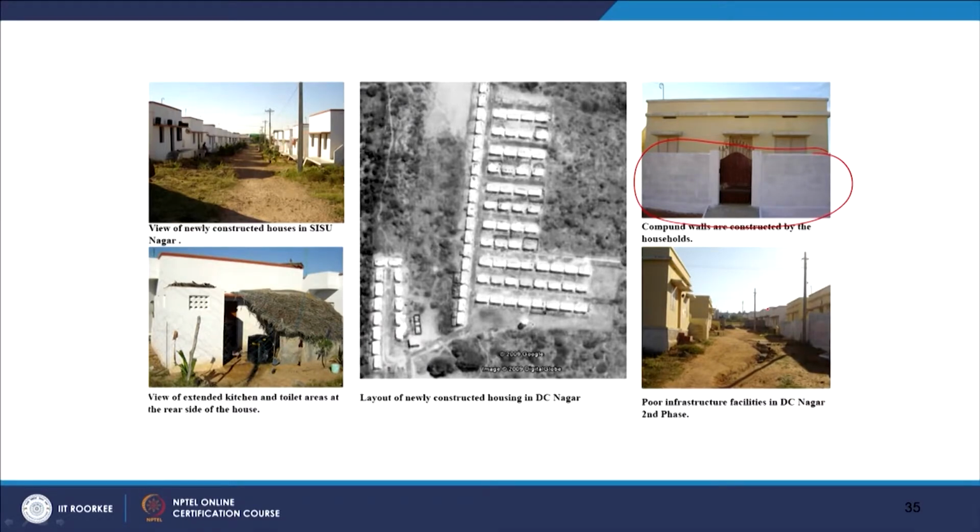Initially, in the first two years, they did not have proper water supply, and gradually things developed. And some people started expanding the kitchens in the backyard, because fishermen cook fish and they want the kitchen to be outside. So despite having a kitchen inside, they still prefer to have it outside as well. So these patterns have created some impacts in the society.